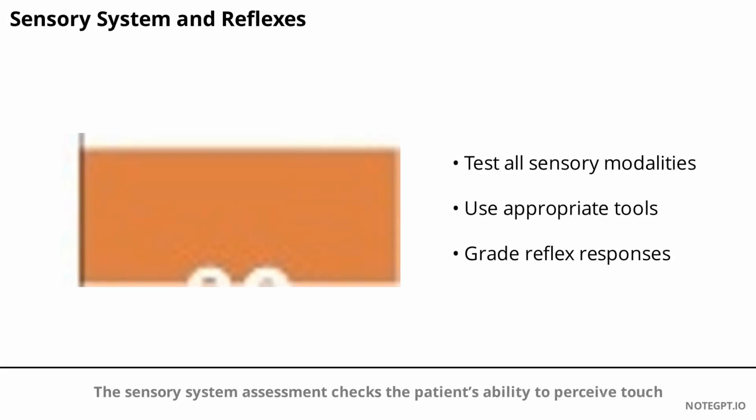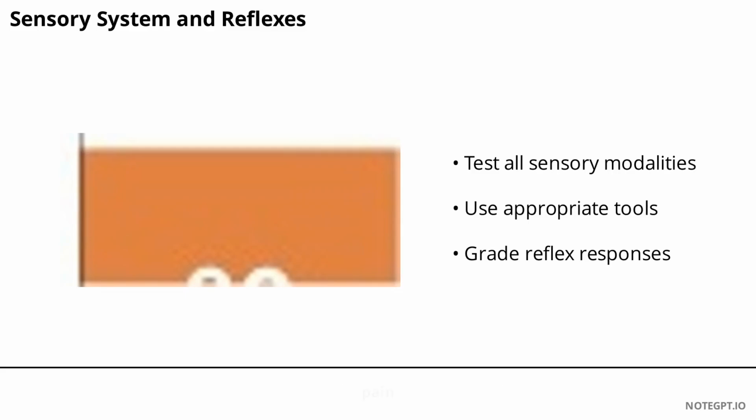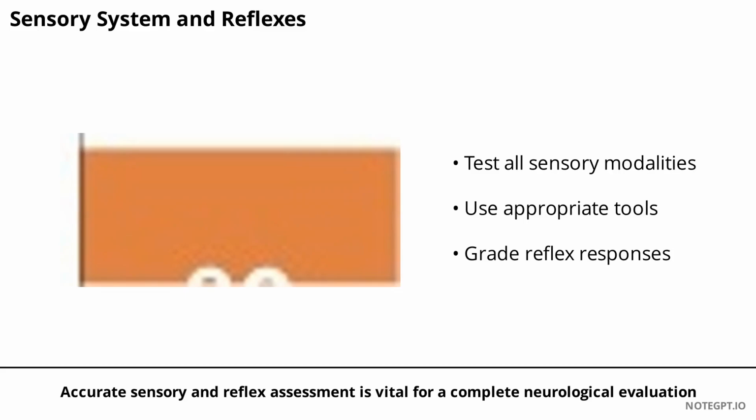The sensory system assessment checks the patient's ability to perceive touch, pain, temperature, vibration, and proprioception. Use tools like cotton, pins, and tuning forks to test different sensations. Reflex testing includes superficial, deep tendon, and pathological reflexes like Babinski. Grade deep tendon reflexes on a scale from 0 to 4. Abnormal findings may indicate peripheral neuropathy, spinal cord injury, or central nervous system disease. Accurate sensory and reflex assessment is vital for a complete neurological evaluation,